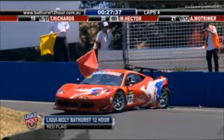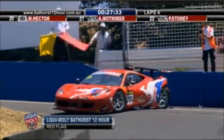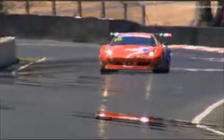I think he lost it just on turning. That's just one of the stickers, isn't it? On the front? I think he lost it on turning. So all of the damage was on the...